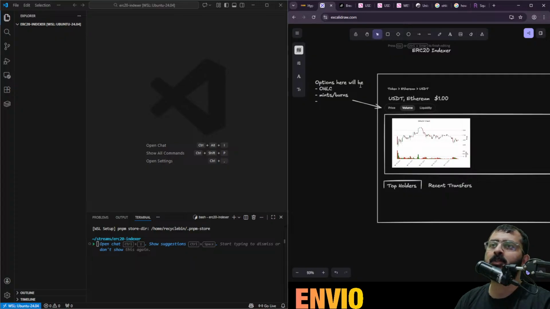So yeah, that one. Ethereum, USDT. We can also do multi-chain, but I don't want to. It will be pretty difficult, like the multi-chain logic and combining those things. So yeah,